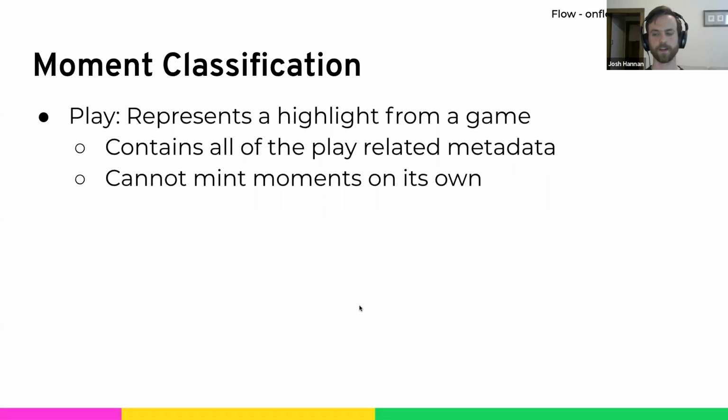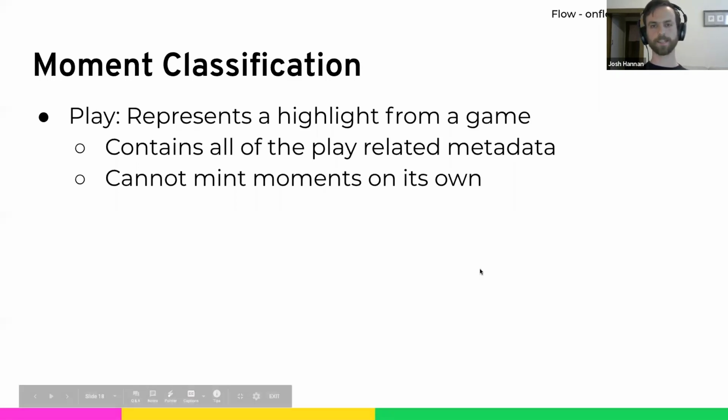So the first concept in Topshot is a play. This is just a single highlight from a game that we've taken from a basketball game and turned into this data structure in the Topshot smart contract. It contains all the play related metadata, like the name of the player, the name of the team, the date of the game, and that metadata is stored in this play object. But a play object cannot mint moments on its own,